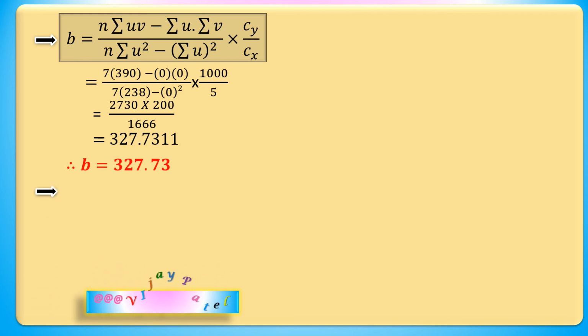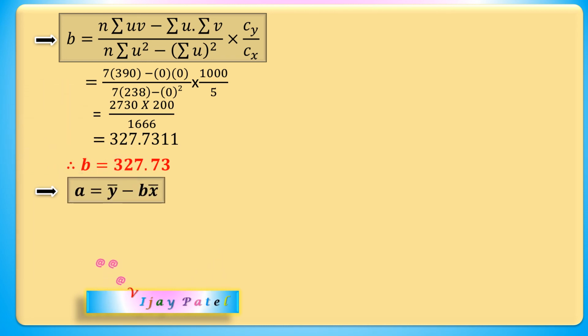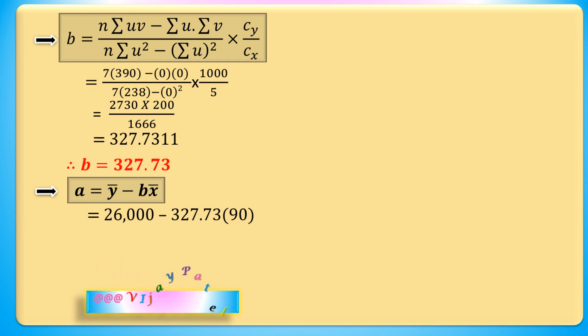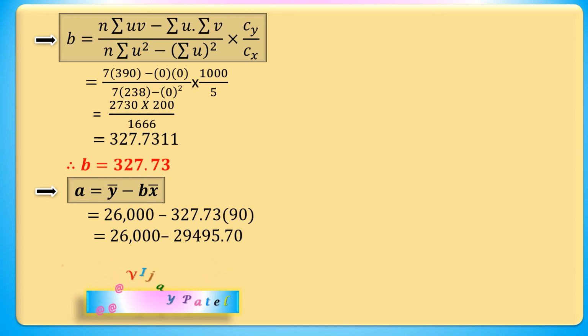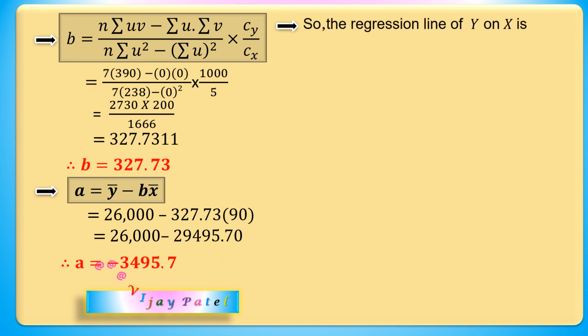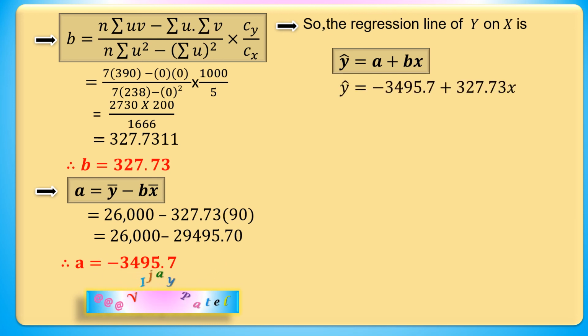Therefore, b is equal to 327.73. Now to find a, by using this formula, a is equal to y bar minus b x bar. By putting all the values of y bar, b and x bar in this formula, we'll get 26,000 minus 327.73 into 90. So 26,000 minus 29,495.70. So a is equal to minus 3495.7. So the regression line of y on x is y cap is equal to a plus bx. So y cap is equal to minus 3495.7 plus